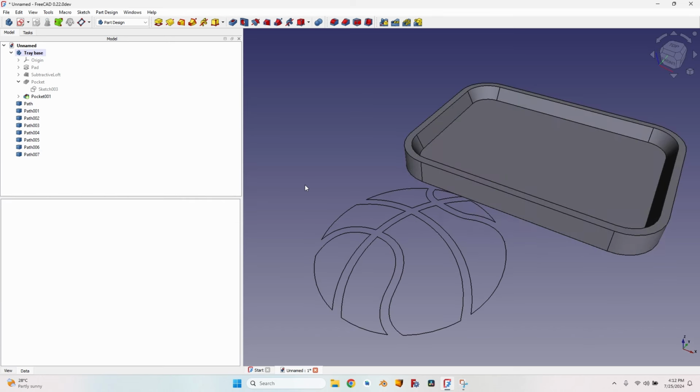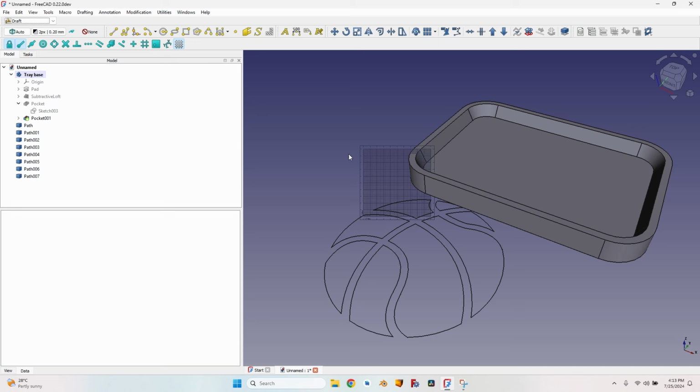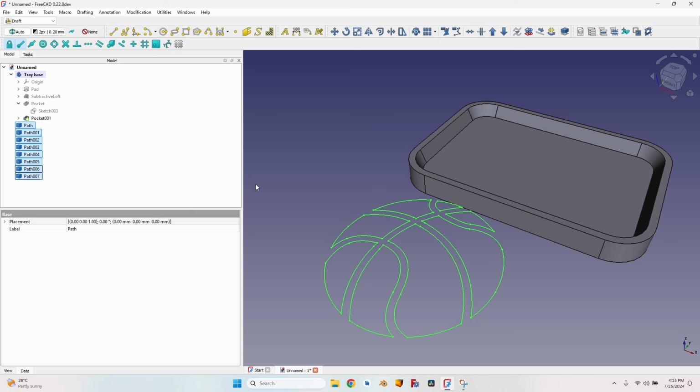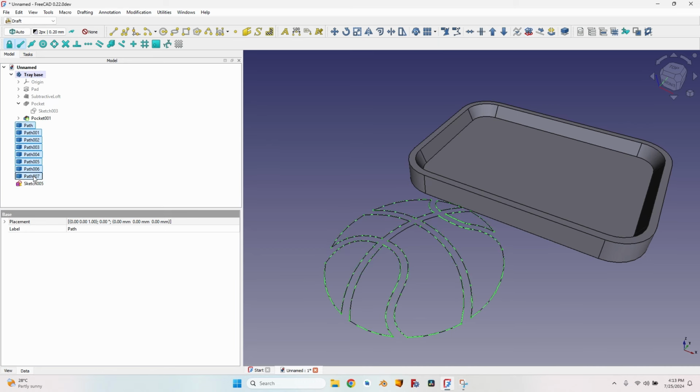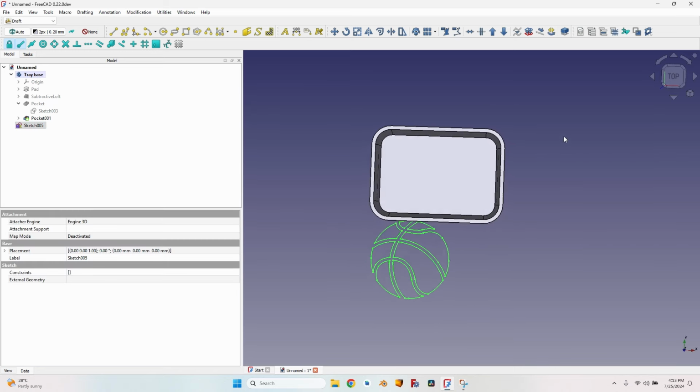So now we need to change the workbench. As I've told you, we are using a lot of workbenches. I will go to the draft workbench this time. The first thing that I do is press G then R to hide that annoying grid. Select all the paths that have been created for the basketball and press this button, draft to sketch. I can now delete the imported elements, and I have a sketch which seems, let's set a top view, seems